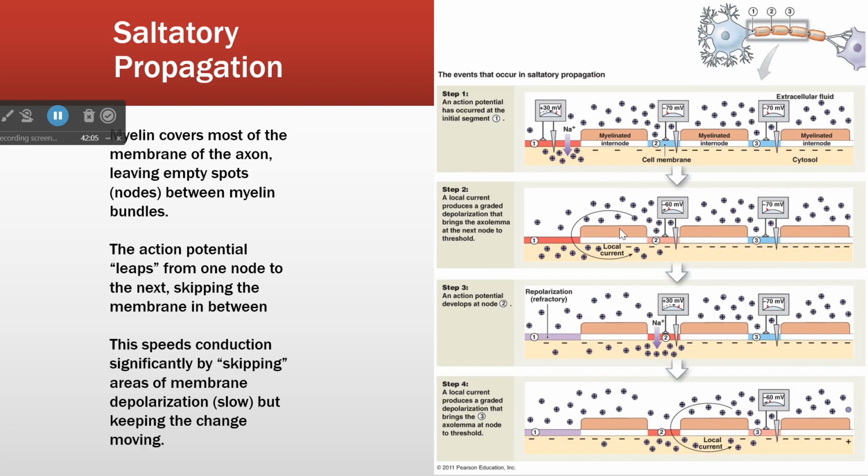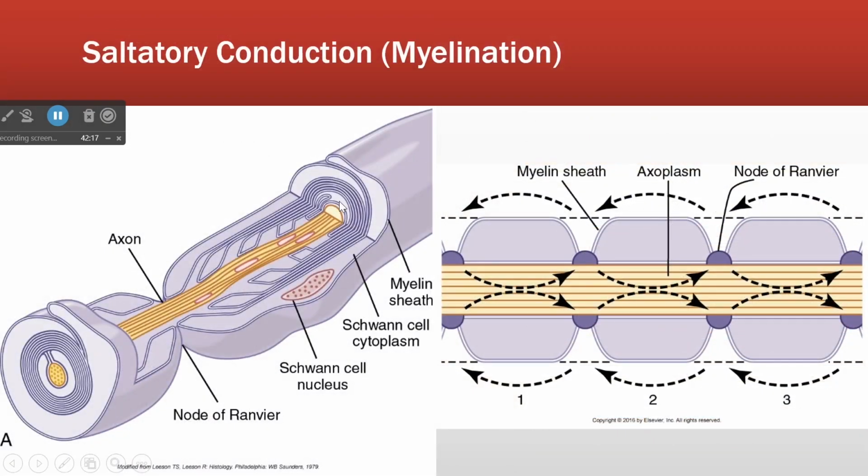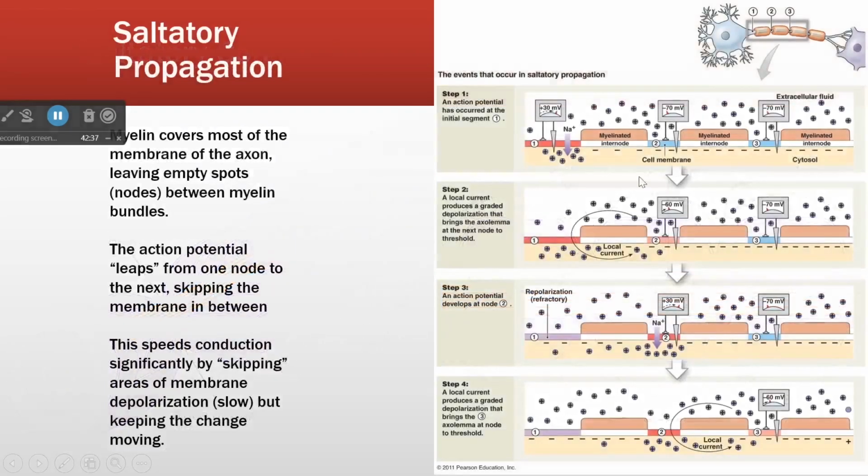Now, the only way that's possible is to have this area of membrane shielded from the outside environment. And the body does that with a fatty substance called myelin. So that's these coverings. This is our axon, and surrounding the axon are these fatty layers, almost like electrician's tape. It's wrapped around, and it prevents ions from passing through. So we end up with this insulated area and non-insulated area that are separated from each other, and we get a very quick and